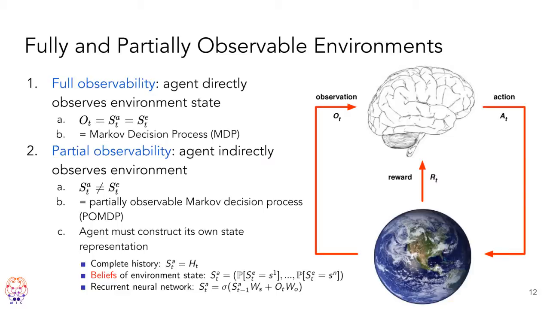So now we're moving on to fully and partially observable environments. So a fully observable environment basically means, say you're looking at a board game and you know where every single piece is on the board game. So that means you have full information. A partially observable environment means like you're in the real world, for example. You can only see what's in this room, and you don't necessarily know what's happening outside. So we call this MDP for fully observable environments and partially observable Markov decision process for partially observable environments.